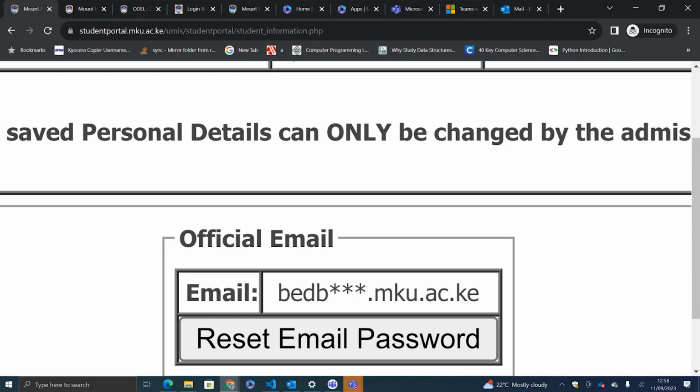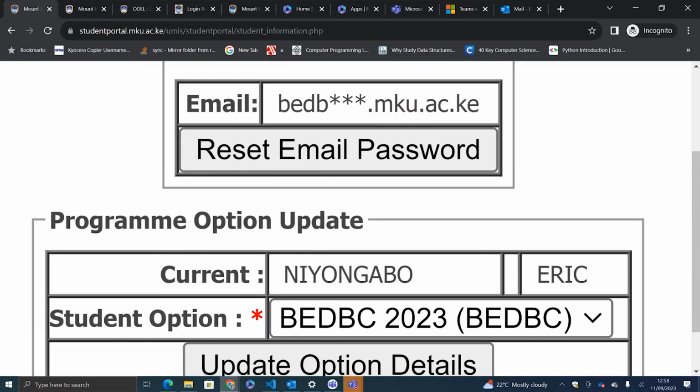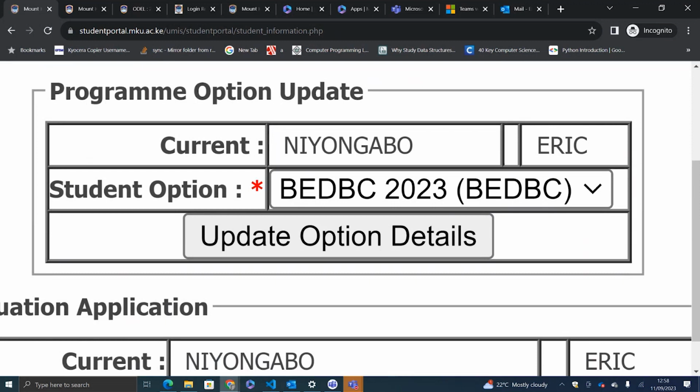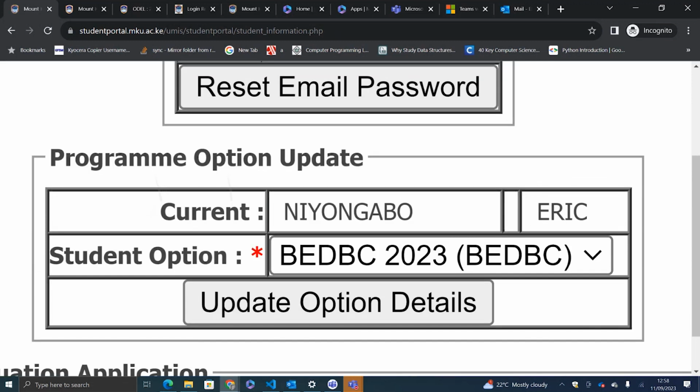The other step without which we are not going to be able to do course registration is the program option update. Ensure you also do the program option update. Select the syllabus. The option is the syllabus you are using. So you're using this syllabus BEdBC 2023 because this is a new one. Then you click update option details. Once you have updated all that information, now you can go up here and go to